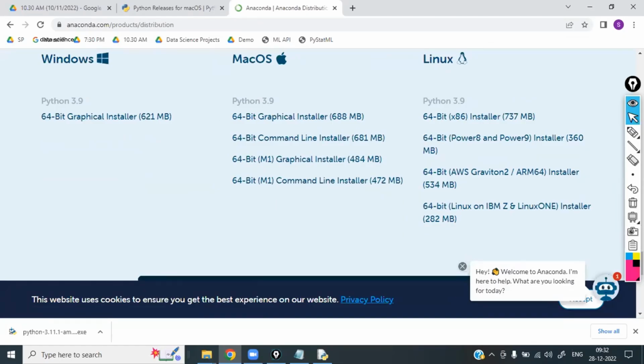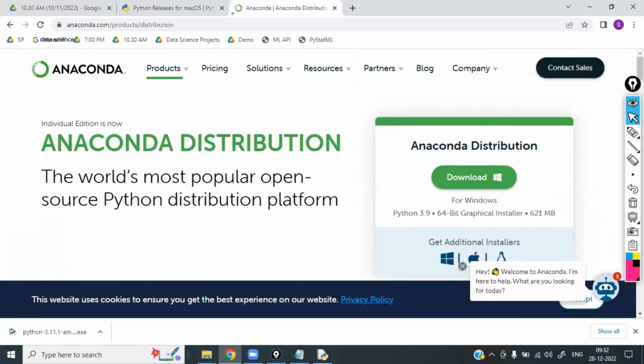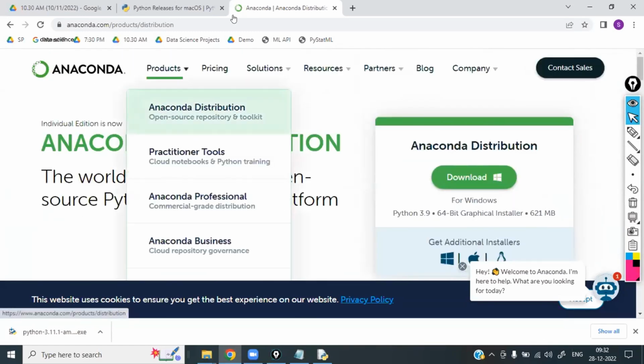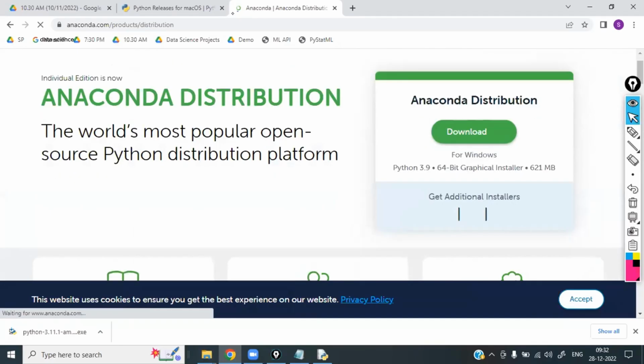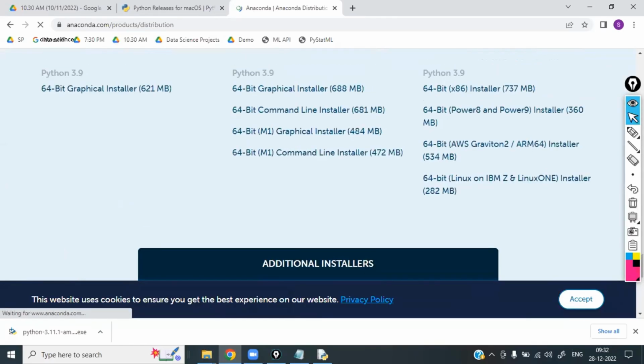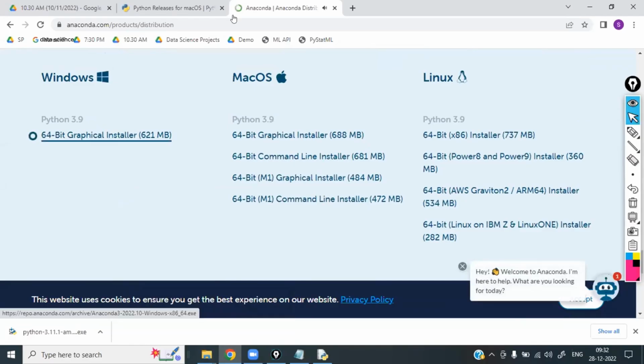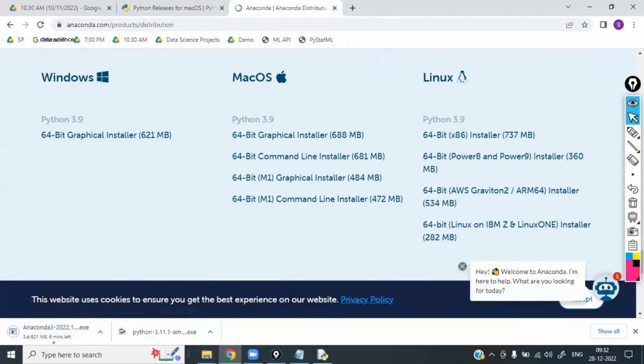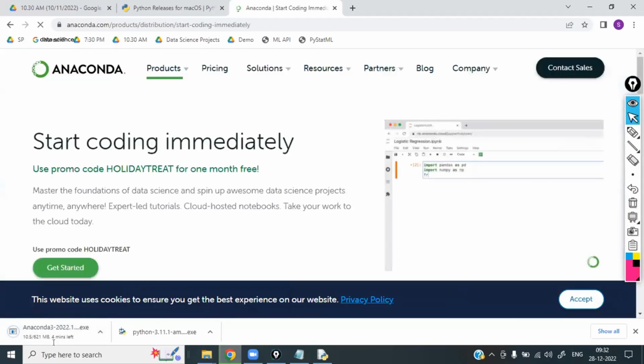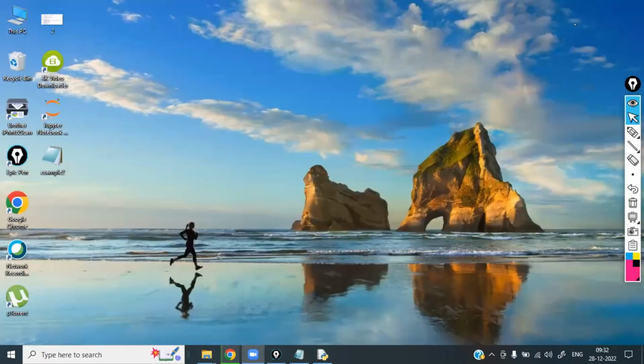In the last, so just anaconda.com, inside the anaconda.com products, Anaconda distribution. Click on Anaconda distribution and drag that particular web page down. Here you can see Windows, Mac and Linux. For Windows users, just click on this, automatically it will be downloaded. Just click on that. Automatically it will be downloaded. And it is almost 621 MB. Right? Now, once it is downloaded,